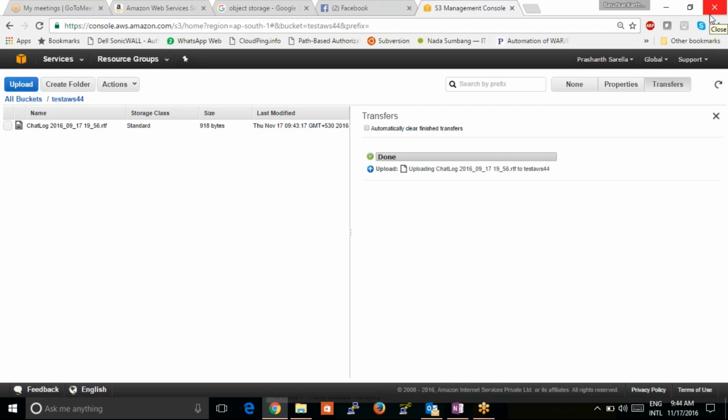So for this you have to provide the bucket URL. You have to write in Java code exactly where the bucket is, what the bucket URL is, and we have to create one IAM user, a standard user, and give permissions for that user on this S3 bucket. While creating a user, you'll get a secret key and an access key. It's like a username and password. So you have to write that username and password in the code,